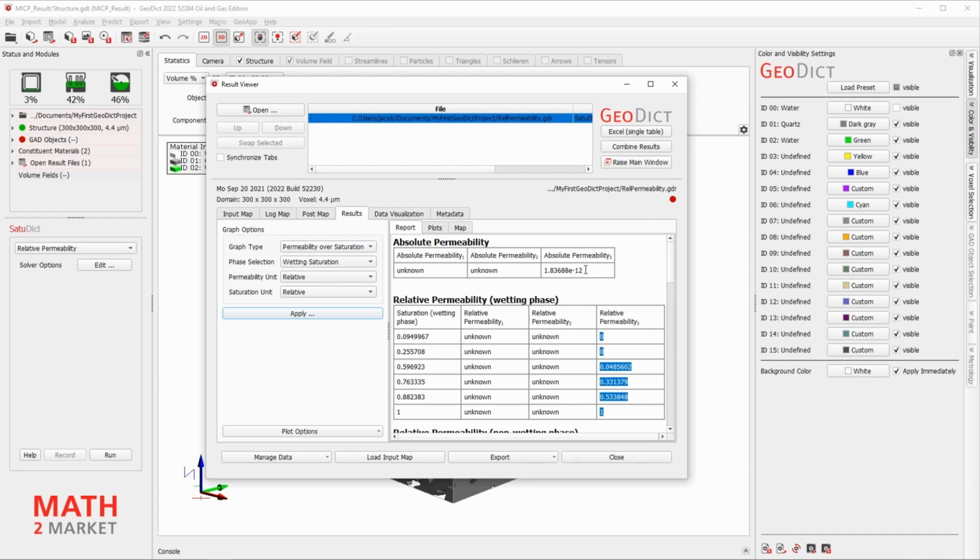Since we only computed the permeability in Z direction, we only have the permeability values in Z. This would be the permeability in X direction, Y direction, and Z direction. But let's have a look at the plots.